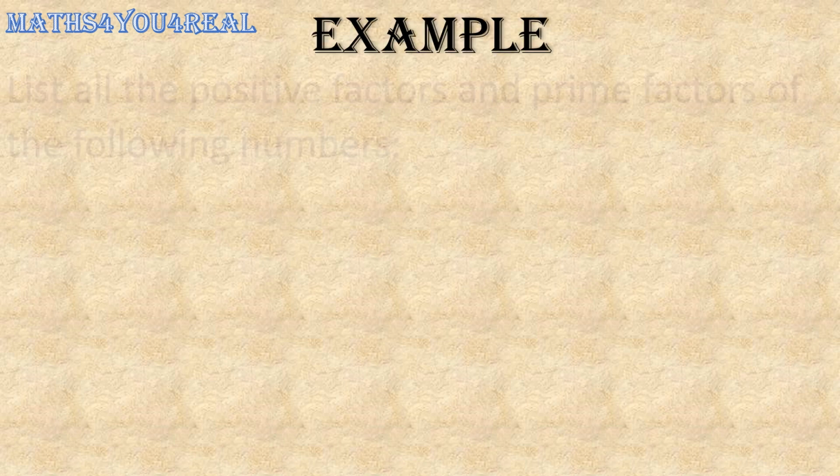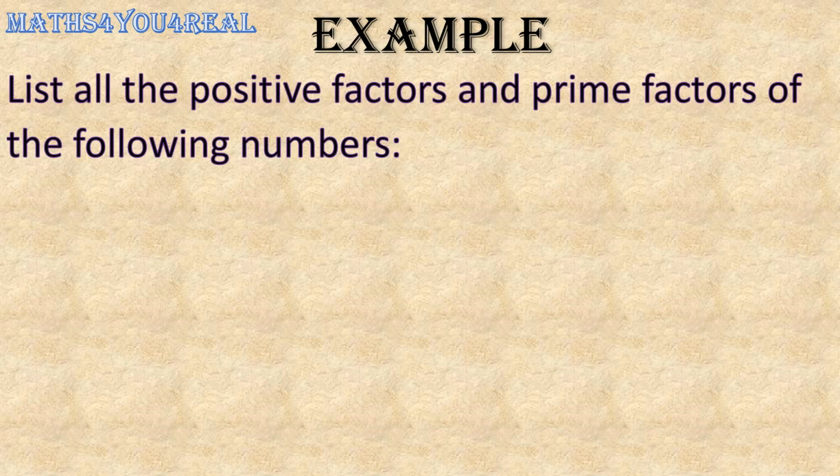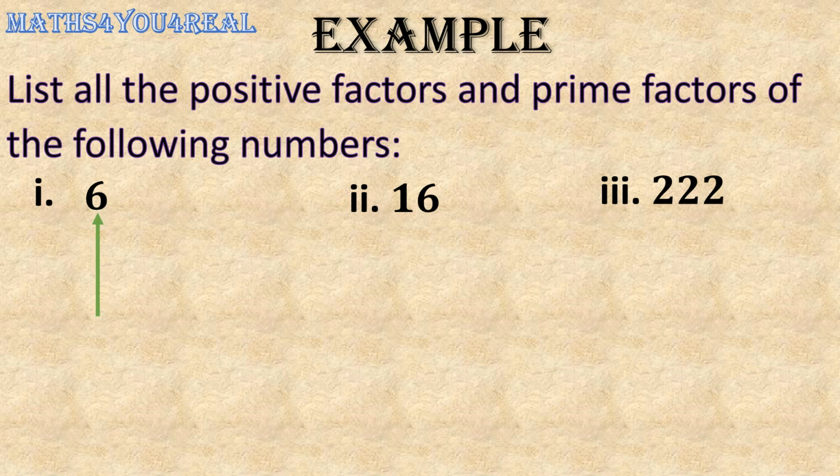Example. List all the positive factors and prime factors of the following numbers. If 6 is the result of multiplying two integers, then those integers are factors of 6. If one factor is identified, the other can be found by dividing 6 by the known factor. Begin with a known factor of 1, then 2, and so forth, excluding those that cannot divide 6 evenly. Thus, 6 divided by 1 is 6. 6 divided by 2 is 3. The factors are: